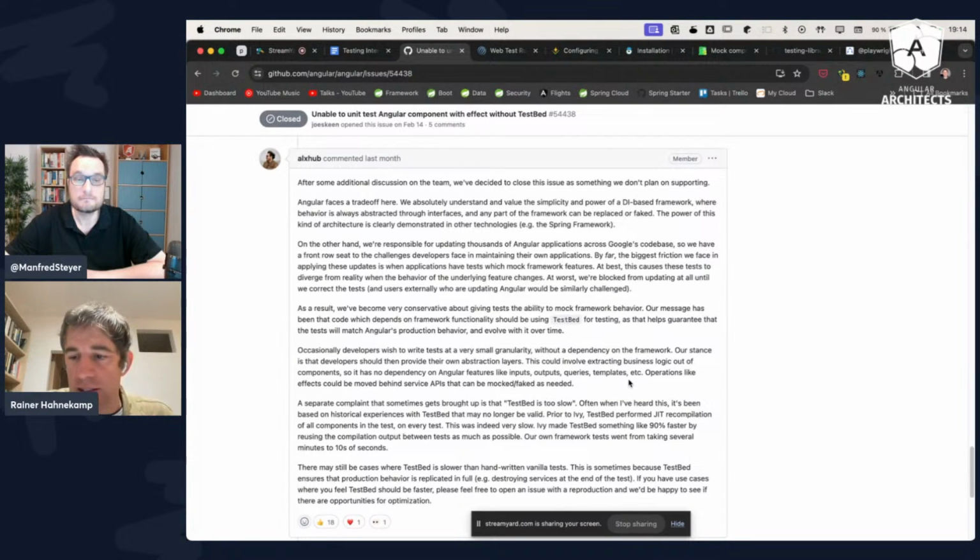It could be that the test produced completely wrong results, which didn't reflect the real life behavior of the component. And it's not worth it. Because very often we also hear this old argument, well, we can't use the TestBed because the tests are too slow. It's much faster if we instantiate the class on our own. And here he was also saying that argument might be true, but it's only true if you're using an Angular version prior to version 9, which is before Ivy was there, because in the meantime, the compilation is already very fast, and the performance argument isn't such a strong argument anymore.